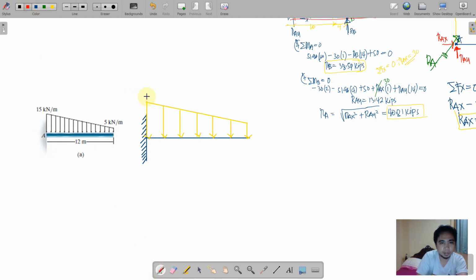Then we have here the label of the maximum pressure at the left portion and 5 at the right portion. Okay, so let us also indicate the distance here, 12 meters. Now, since we have here a trapezoidal type of loading,